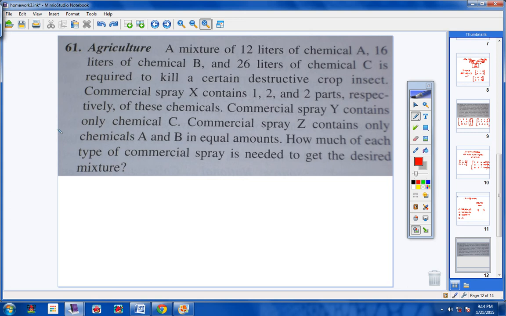Okay, number 61. Now, here's what your goal is. You want to have a mixture of 12 liters. So in the end, you want to have 12 liters. Got it? That's your goal. You want to have 12 liters. And you want, no, I apologize. You want to have